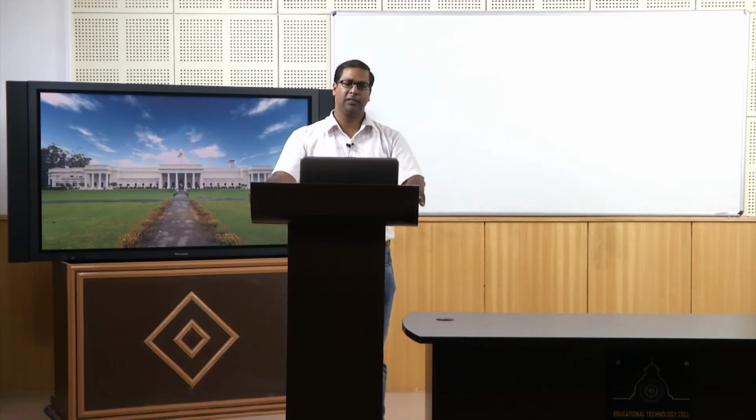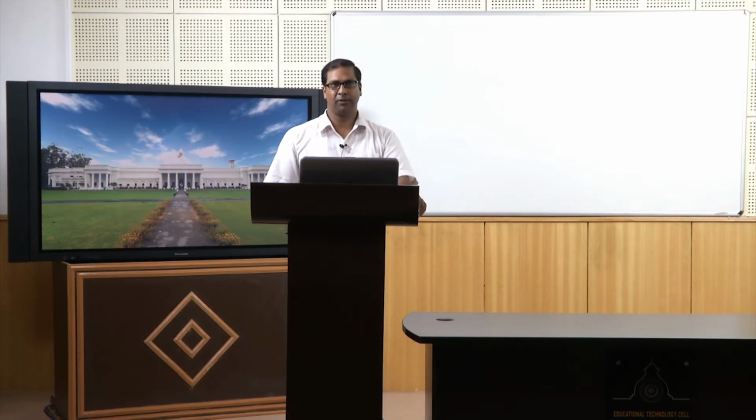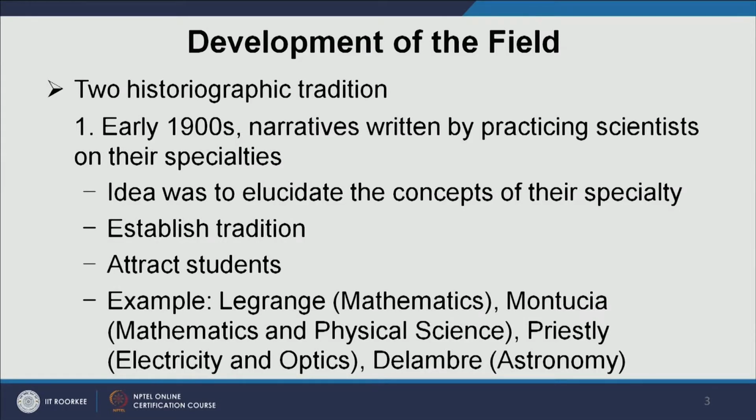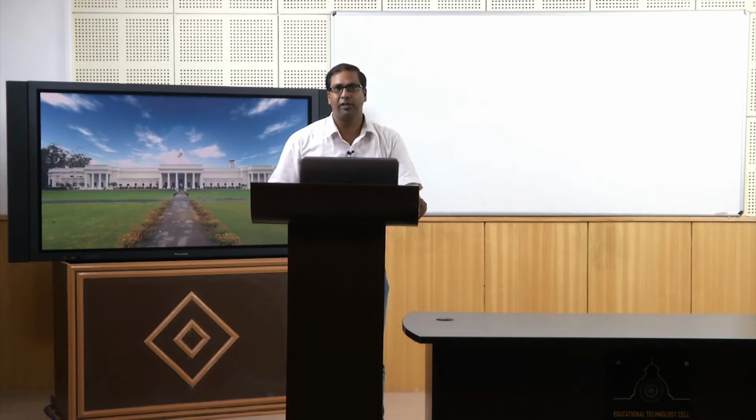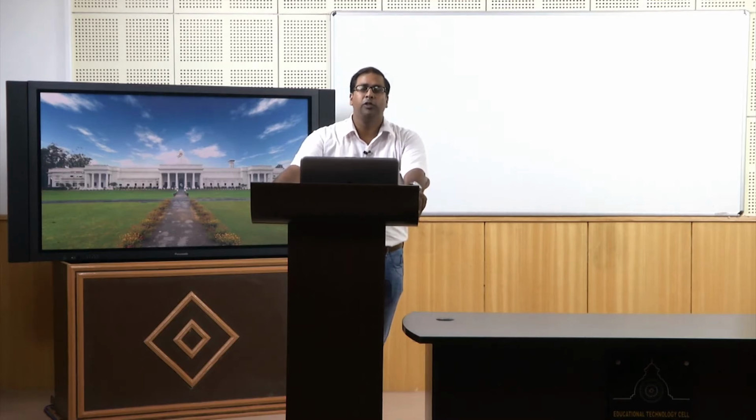First is the early 19th century narratives which are written by practicing scientists on their specialities. The history of science initially started with the practicing scientists, the professionals, particularly the eminent scientists. They wrote on their own subject matter, they wrote on the history of their subject. So, these practicing professionals, while writing about the history of their subject, the history of the sciences that they were in,